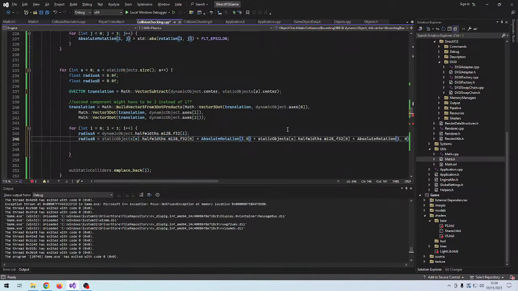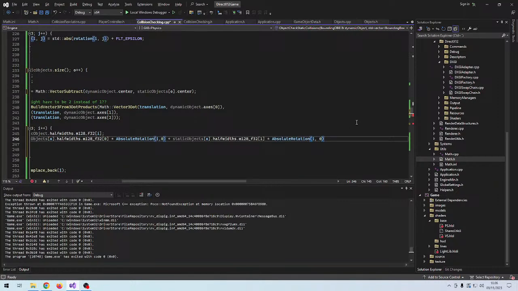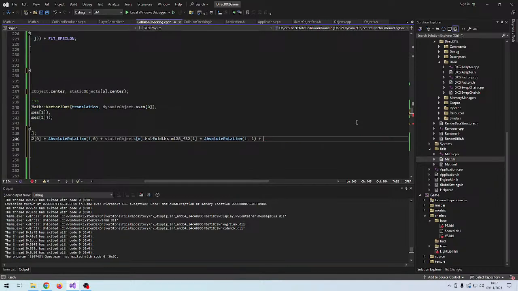Instead of that, we just want the y component and rotate that with respect to the y component of the local x-axis in absolute terms. Yeah, if it sounds convoluted, it's because it kinda is. And then